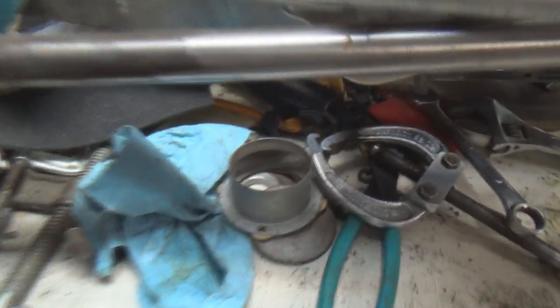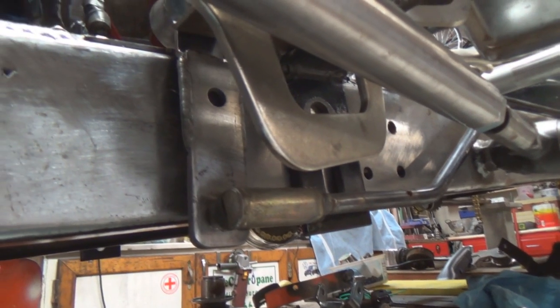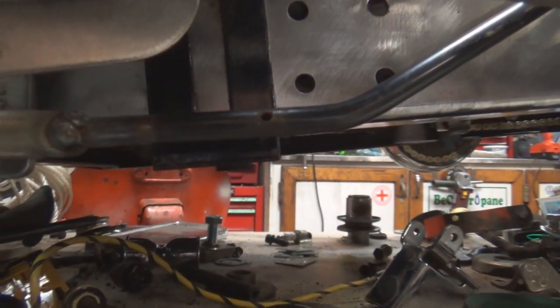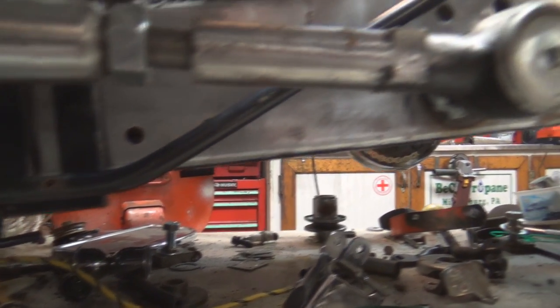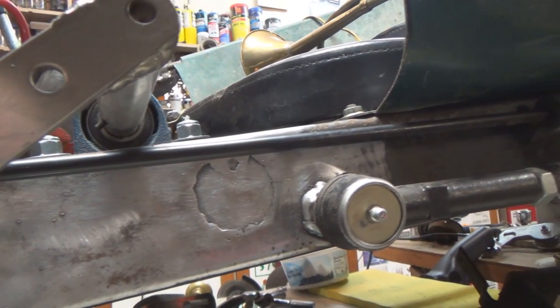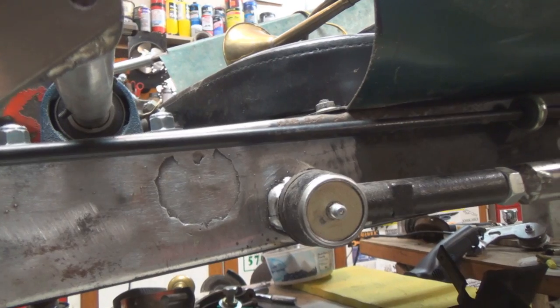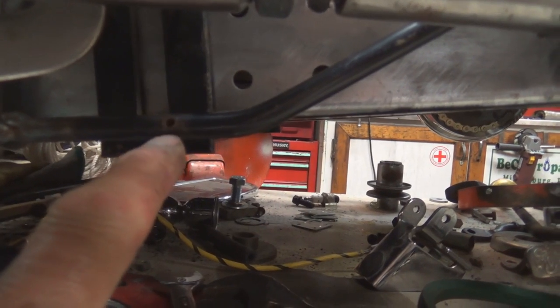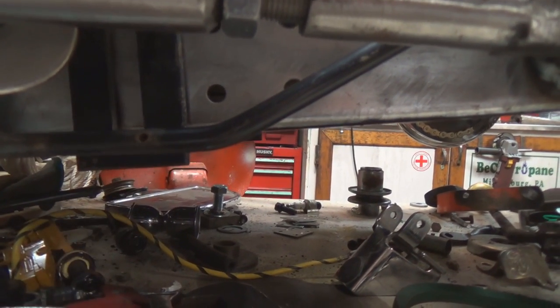So what it does, let me get down on my knees here. I have a tie rod end on here, and you can see I extended my pitman arm. I showed you that a little bit at the beginning. I have a tie rod end, and I welded it on, and then this piece here, our mechanical linkage going back, is off of a snowblower. It's the chute crank. If you recognize that, the crank handle would have been back here. There was a roll pin going through there to hold the handle in place,